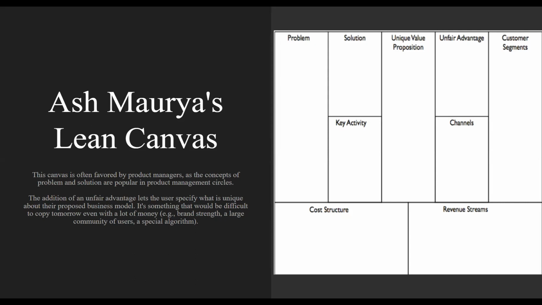What puts you in the front? Do you have the best technology? Do you have the best network? Do you have the best, I don't know, financial status? What is your number one advantage? The unfair advantage part requires that, and the rest of it is pretty much the same as the other ones.